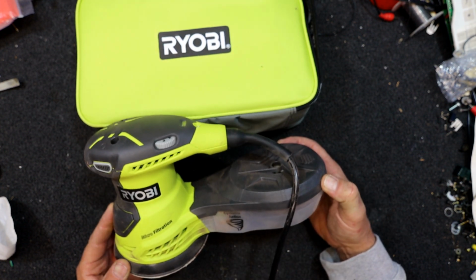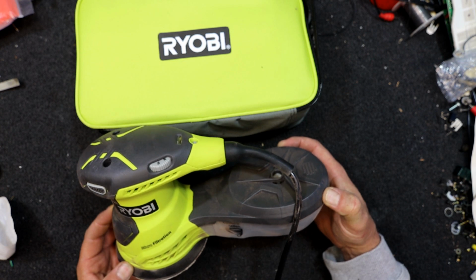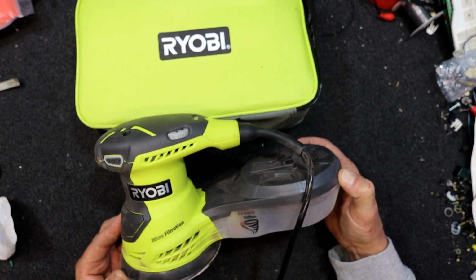And yeah, like I say, it's just like an older style orbital sander, the square ones, not overly aggressive. So if you want to really cut stuff back, get yourself a belt sander or something. Some people are probably disappointed with these things, thinking they're going to really attack things, but if you've got like